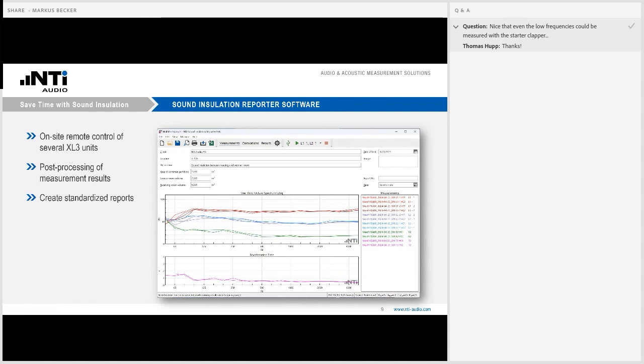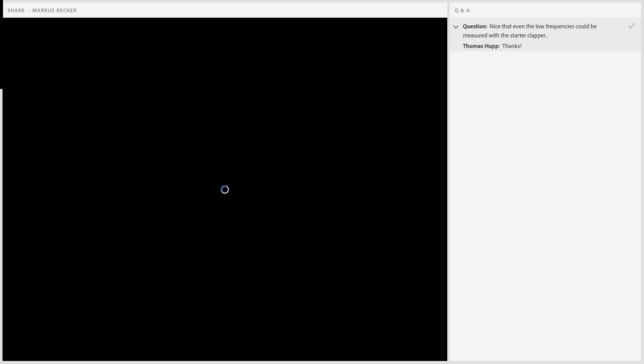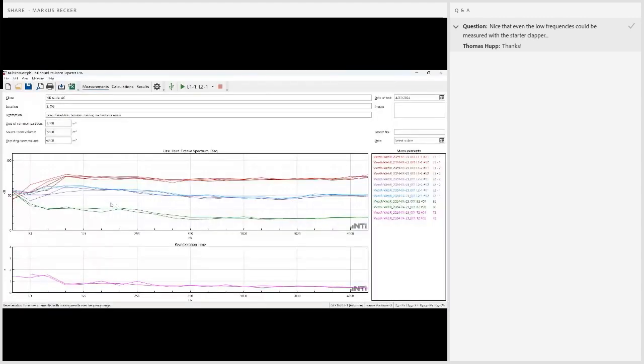And let me briefly flip over to the software itself so that you can see it. I will not spend too much time on it because we also already had a webinar on that, but just to re-show it to you, here you see I have imported the measurement data from an XL3 with more measurements. So I executed my analysis always on several positions.